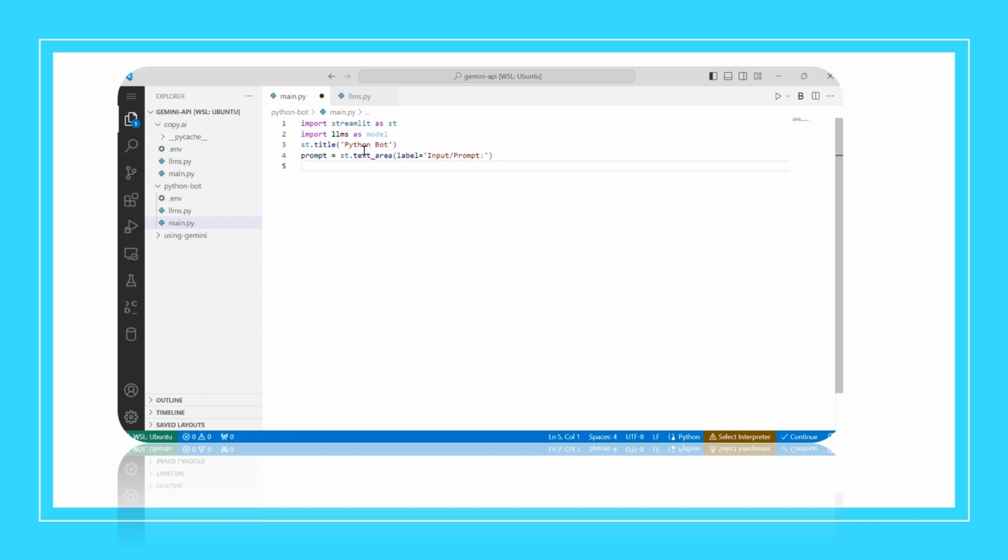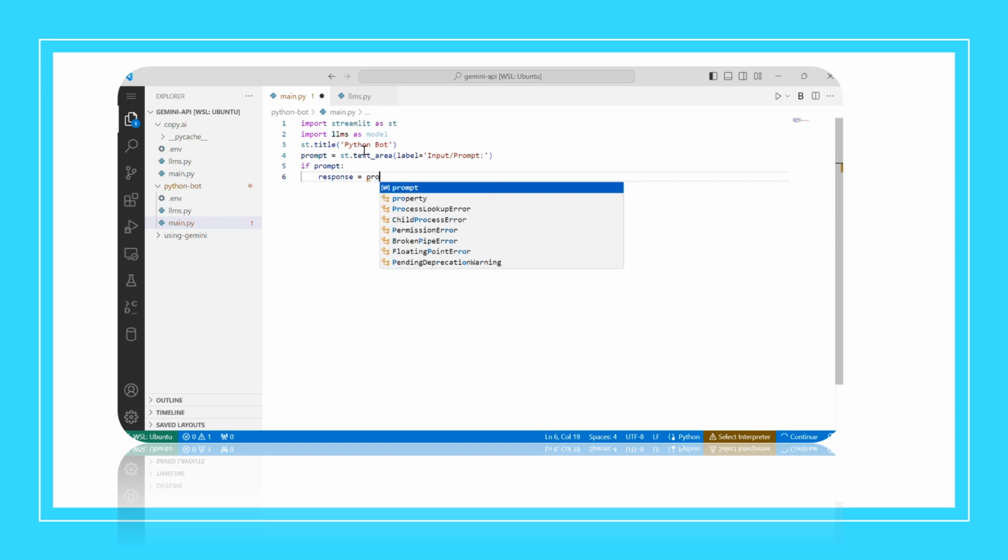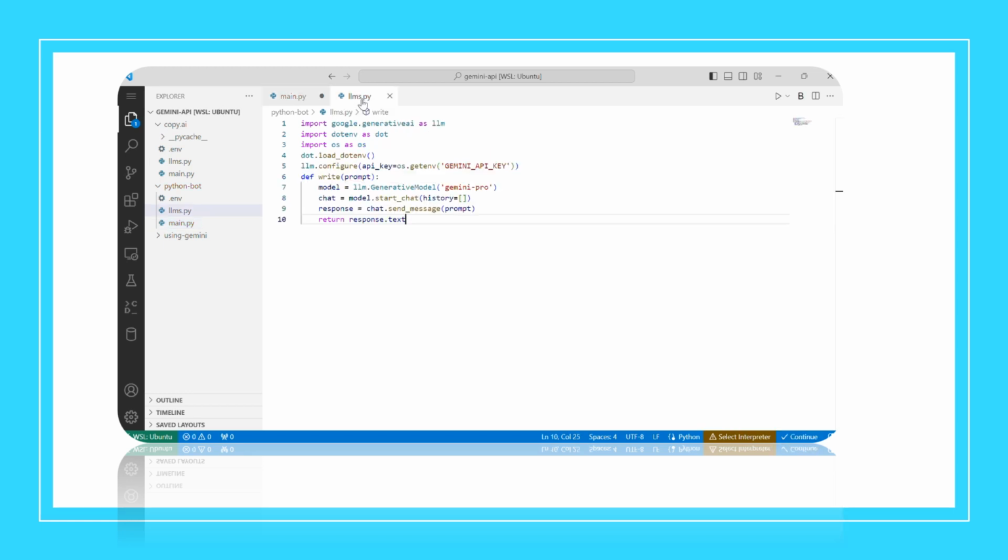Then we're going to do, if the user has entered in the prompt, we're going to do response is equal to model.write